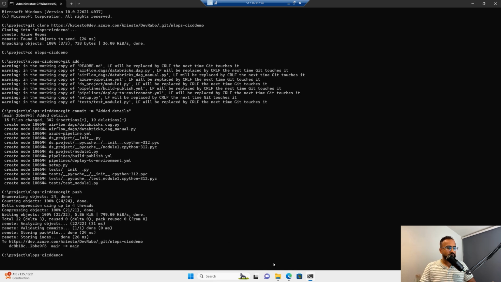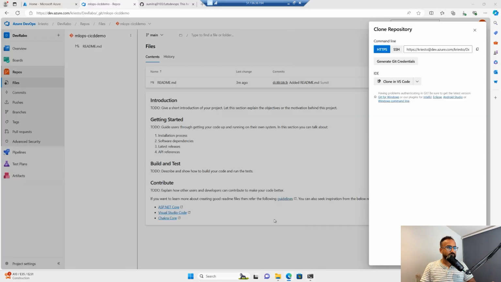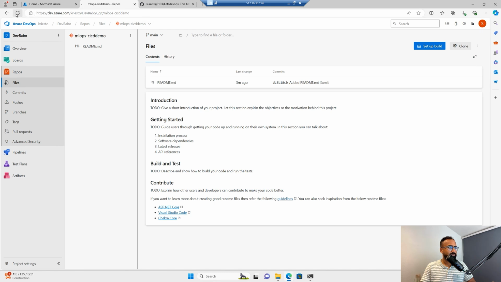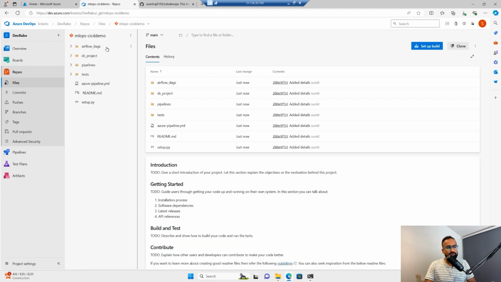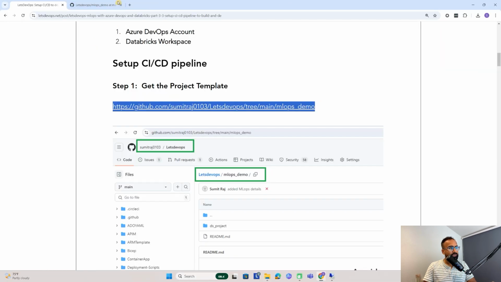So once we push all the required code, now I'll go to Azure DevOps and refresh this. Here you see all of my project is available now. So now I have a DS project where I have a simple Python project. In the pipeline, I have the pipeline template, and this is the master pipeline. Okay. So let's now go back to our